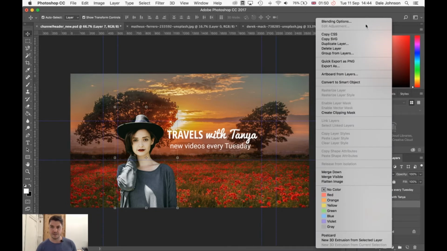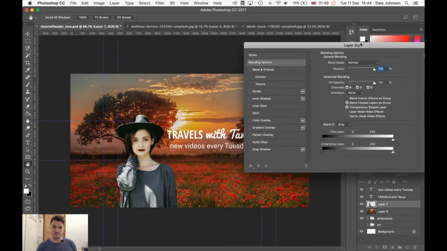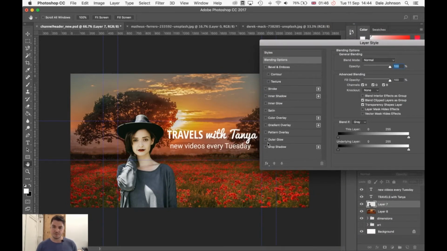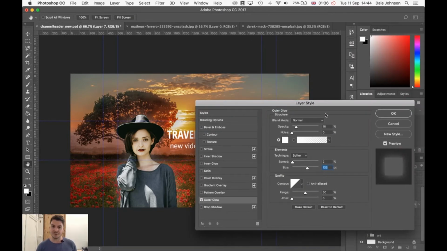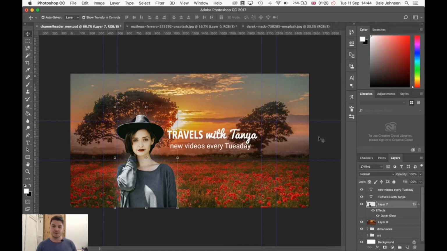And then finally, maybe if I just want to bring a little of this up, I right click this layer, go to blending options, and I'm going to go to outer glow, and you can see I can maybe just bring out a little more of Tanya here as I've named her, not sure what her actual name is. Click OK. I've got plenty of options here, drop shadow, color overlays, so there's loads of options you can play with here. Press OK. And then maybe on the Travels with Tanya,